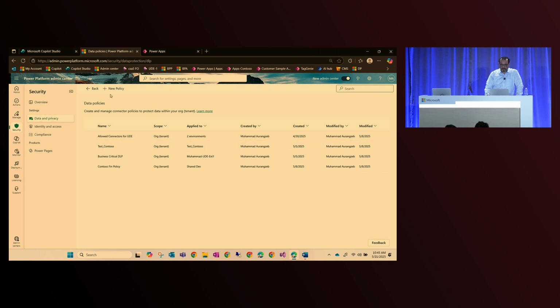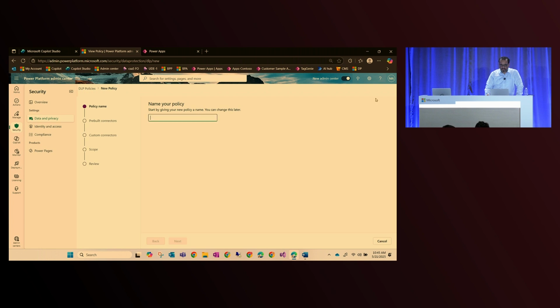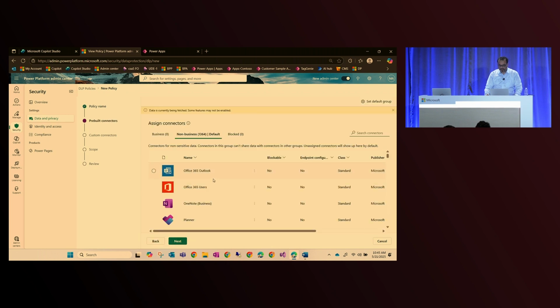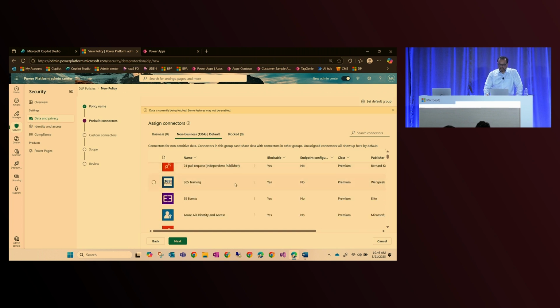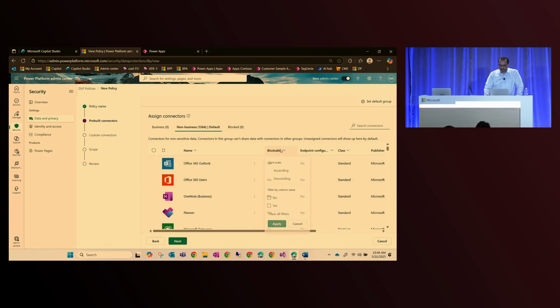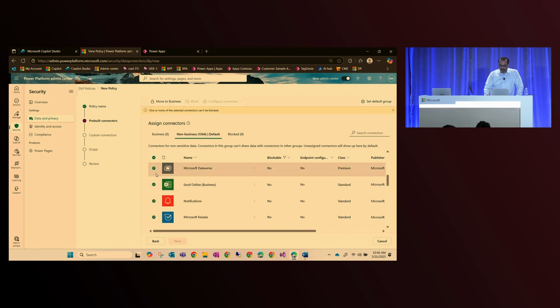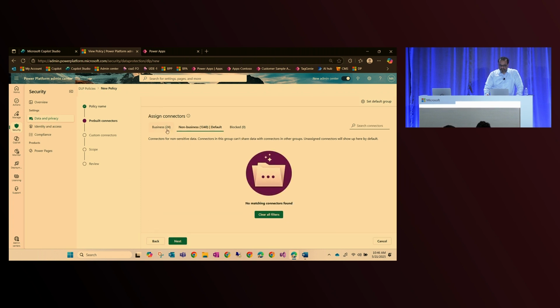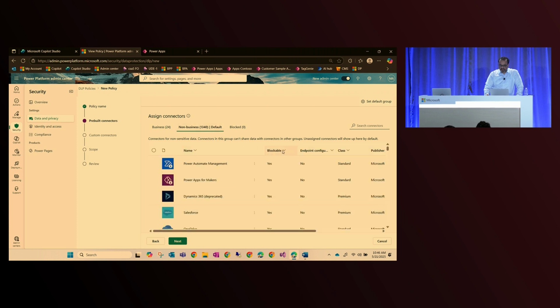So I can go and create one more policy. And the policy, let's say, it's a Contoso. I create the policy by name for Contoso Finance Agent, and it shows me what type of connectors are possible to use in this environment. So I can say, okay, I want to use the Microsoft default connectors, for example. I allow those, and I will say I want to move all this to the business, which are allowed, and all the others, let's say, I just want to block them.